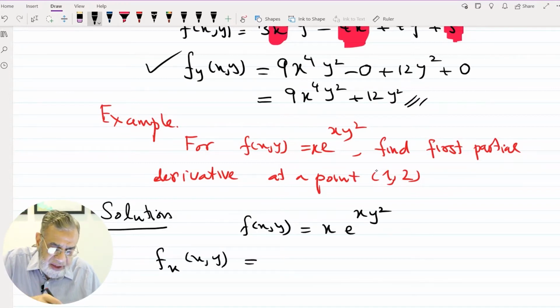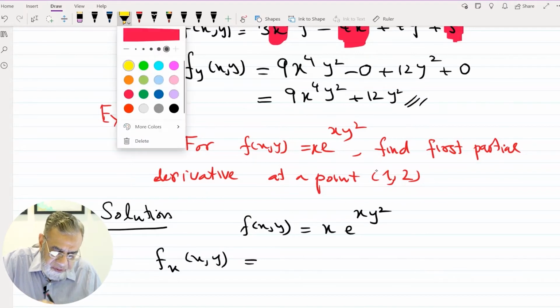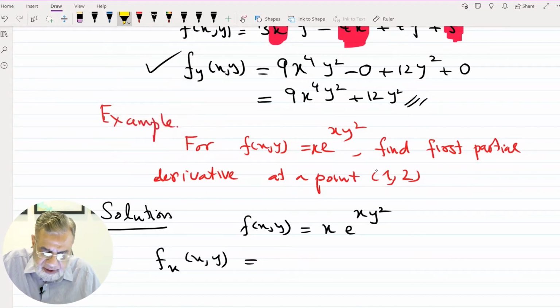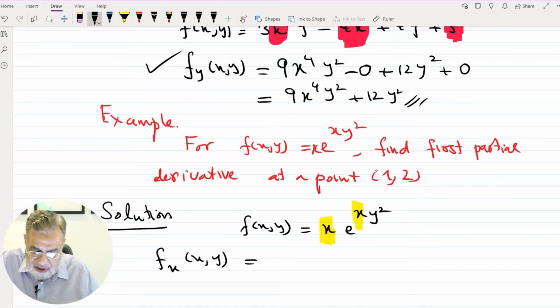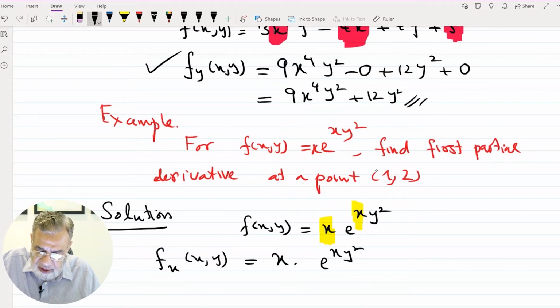Now with respect to x, you can see that the function is a product of functions. We have x and we have e to the power x y squared. So use the product rule to solve this. The first function, x, times the derivative of the second function, e to the power x y squared, and then the derivative with respect to x of x y squared, plus